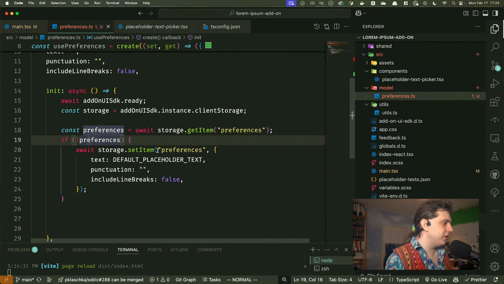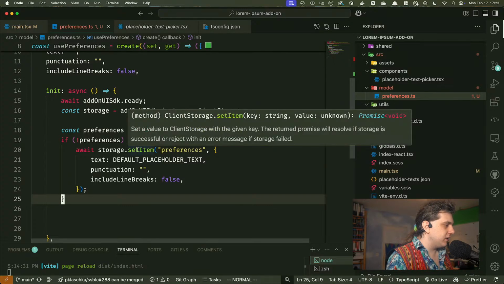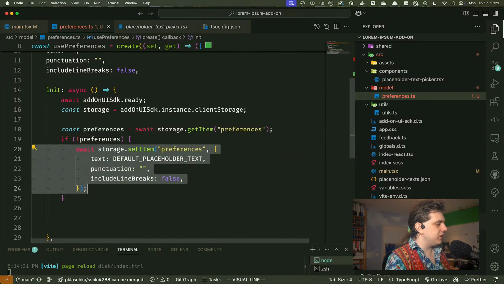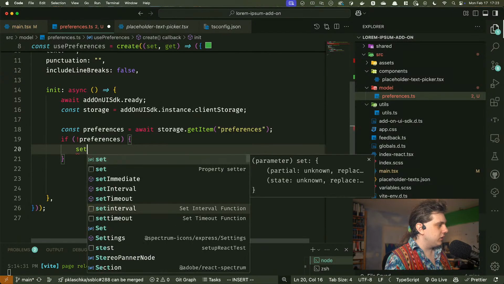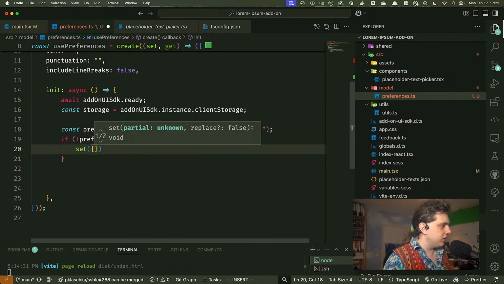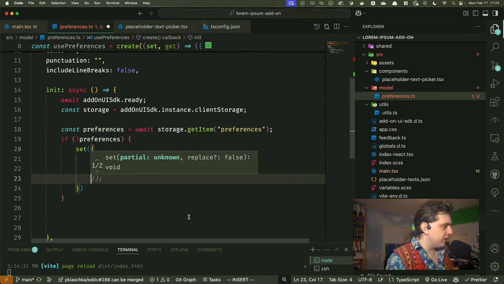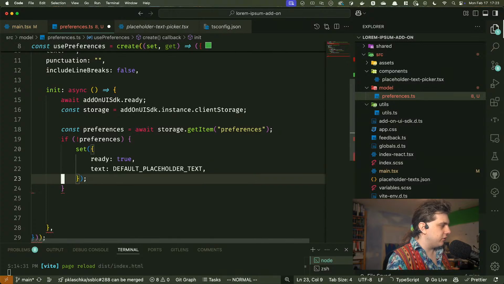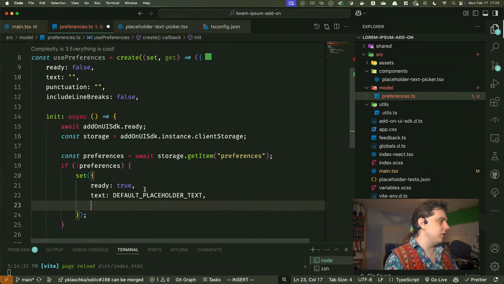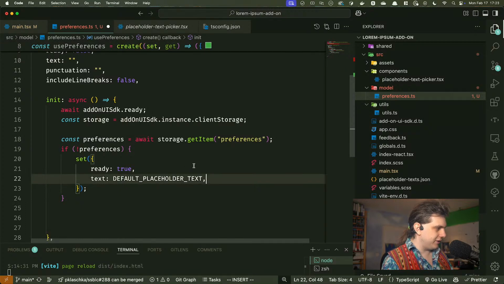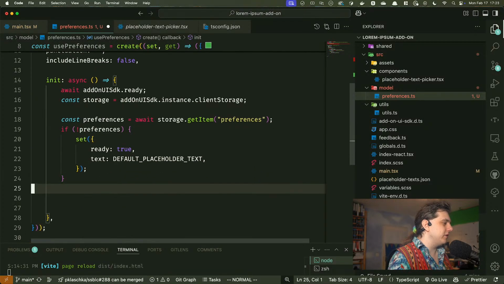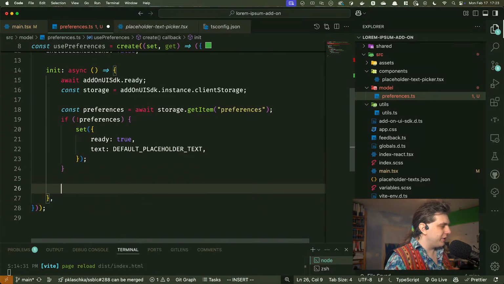So if we don't have any preferences in there, then we set it. I mean, sure, we can also set it in there, but that's not actually what I want. I really want to just do it like that. And of course, add the other options as well, or no, the other options are already in their default configuration. Perfect. Okay, next up, if we do have preferences,